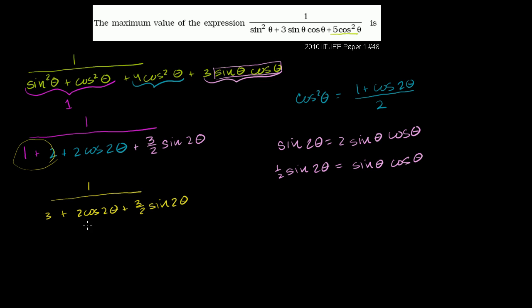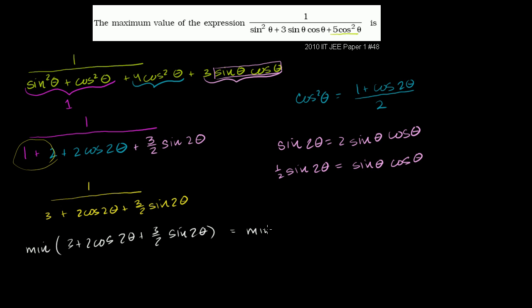And we're really just looking for the minimum. We're looking for the minimum value of the denominator, which would give us the same as the maximum value of the numerator. It would just be 1 over this minimum value. So let's see how low we can get, assuming we're above 0. Let's see how low we can get for this denominator right here. We're just going to look for its minimum value. So one thing we can do, just to simplify things, the minimum value of 3 plus 2 cosine 2 theta plus 3/2 sine of 2 theta